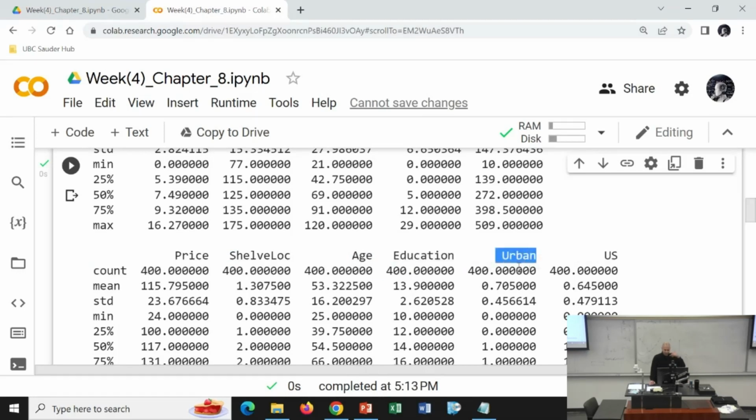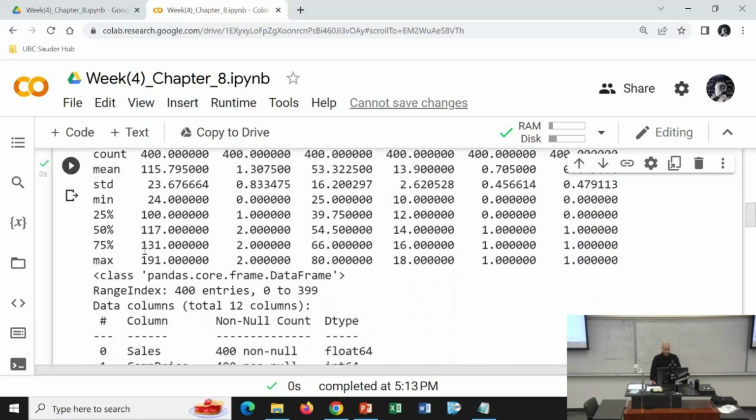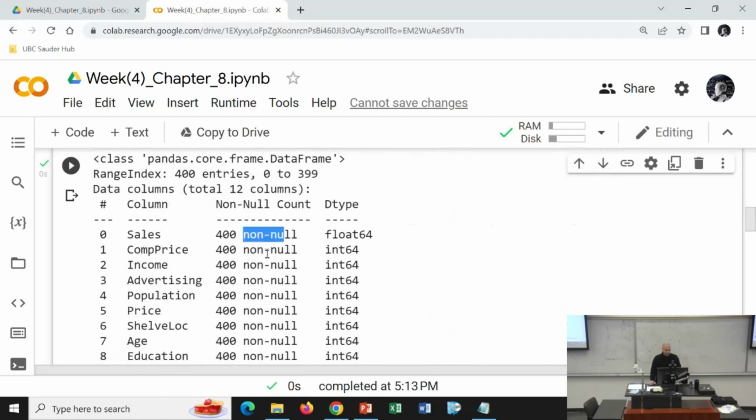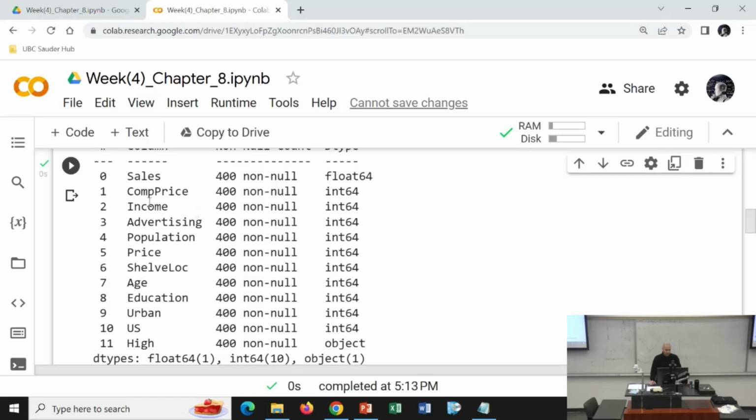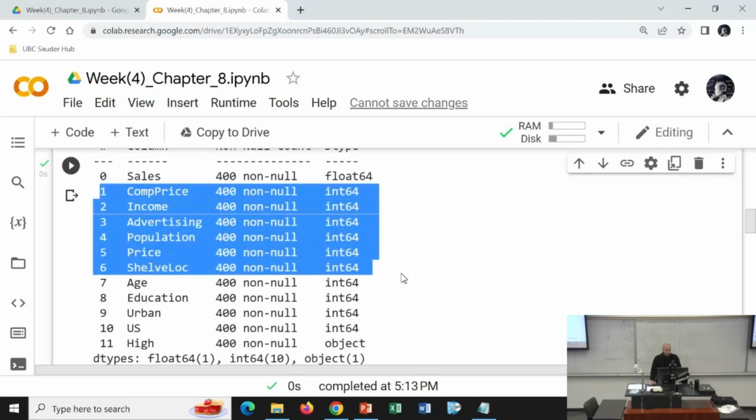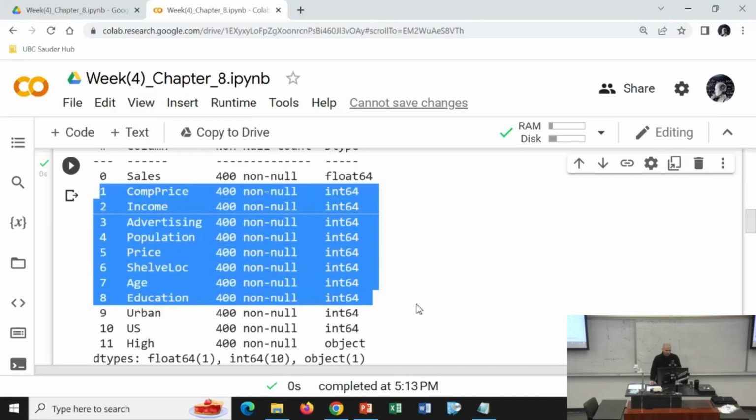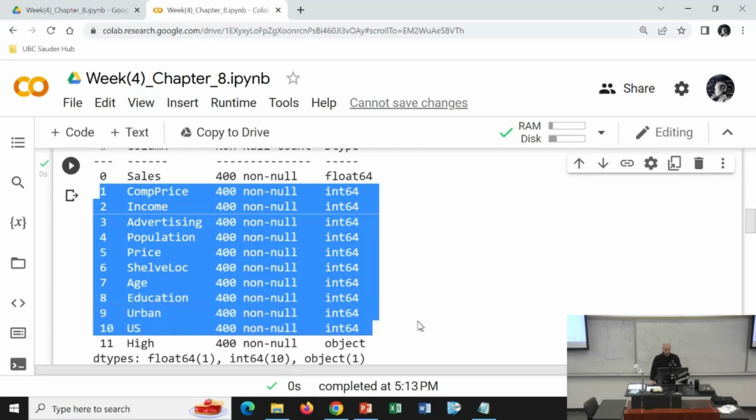I say city, but it's really a location, a branch, whether that branch was in an urban area or not, whether it was in the US or not. There are no null values in this data set. So what we're going to do is use all of these as predictors